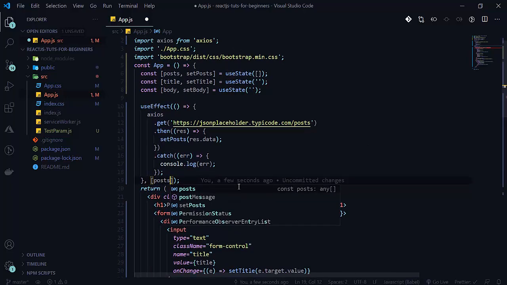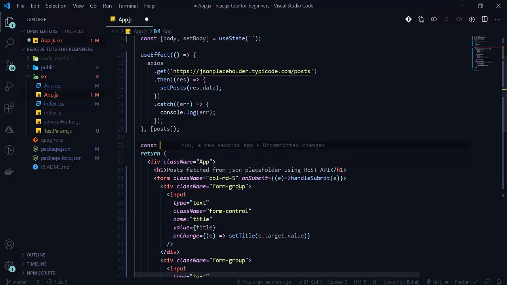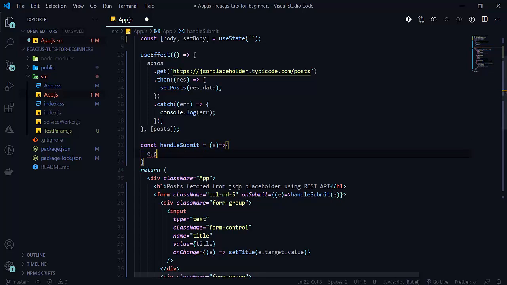So let's write our function. const handleSubmit arrow function, e will be the parameter. First we will prevent default, which prevents the default behavior.